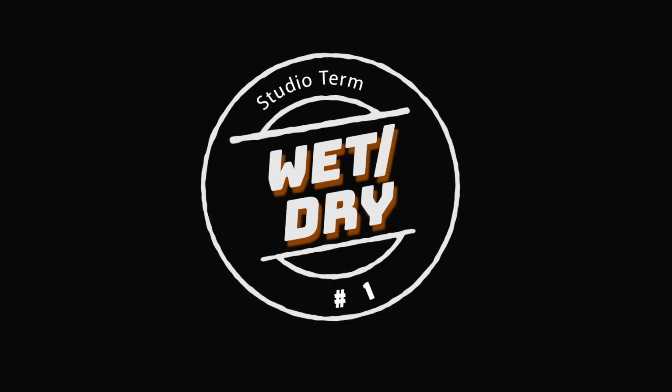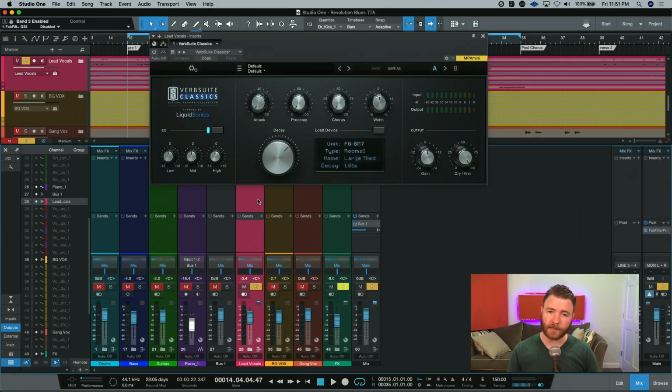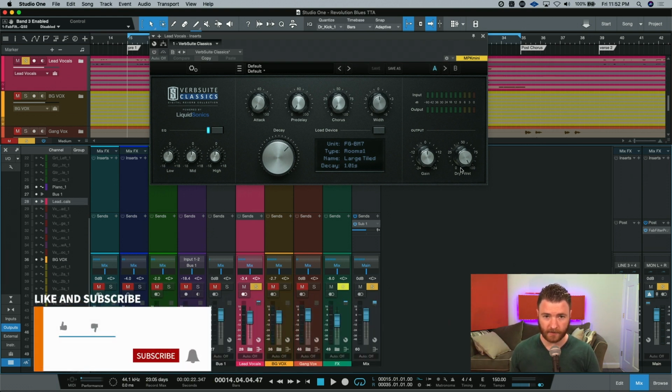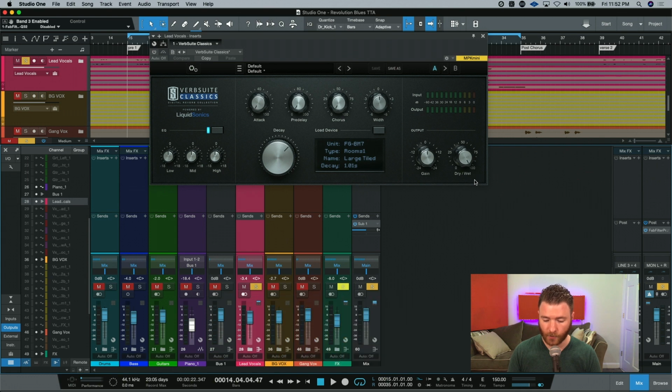Now, audio term number 5, which is actually a twofer. It's wet versus dry. For this example, we're going to solo out our lead vocals, and I'm going to use a reverb that has a wet-dry knob on it. When we're talking about wet versus dry, we're talking about how much of this signal is being affected by, generally speaking, a time-based effect, something like a reverb or a delay. If something is dry, it's unaffected at all. If something is wet, it's, generally speaking, all affected signal. And then you can always just blend in between.